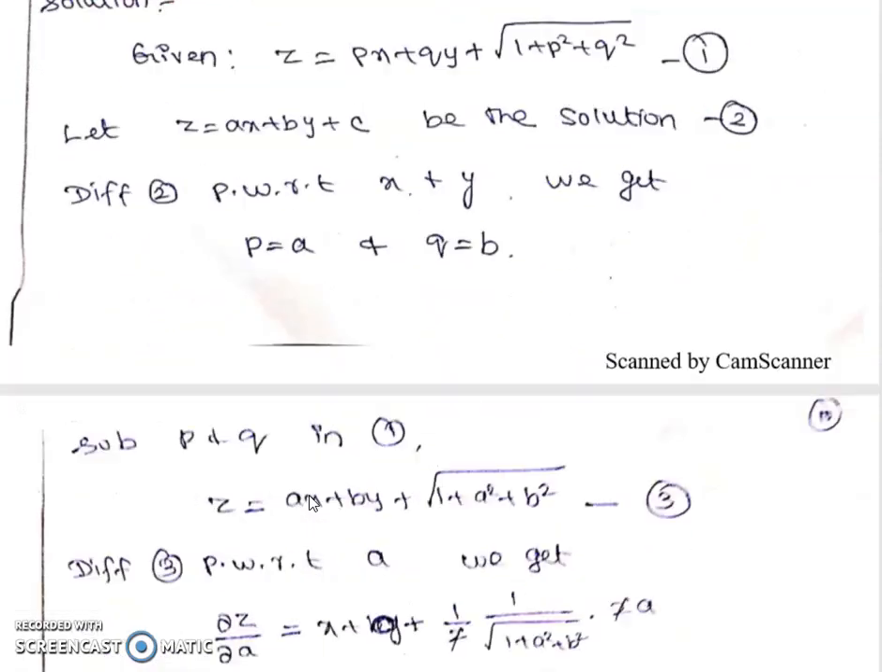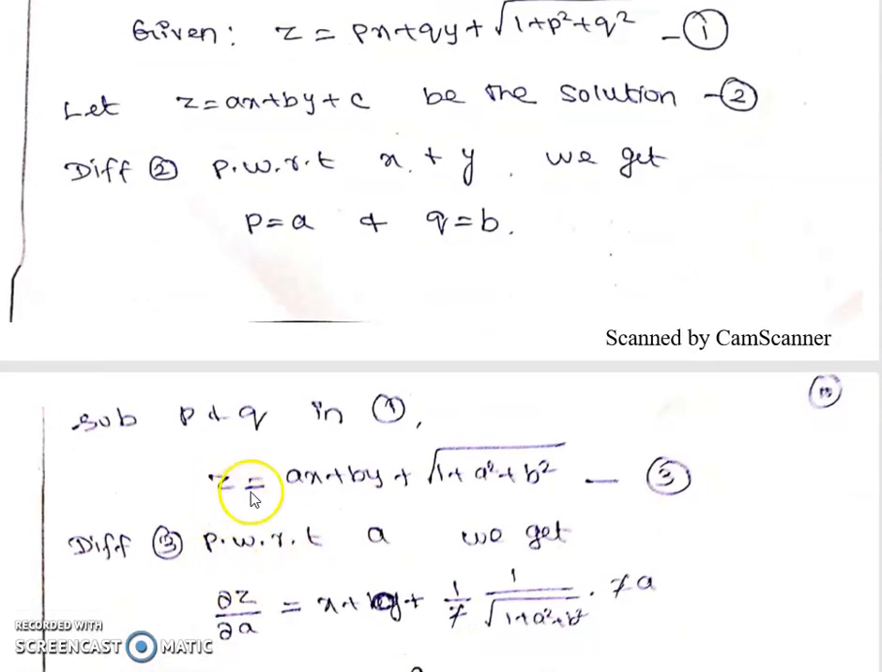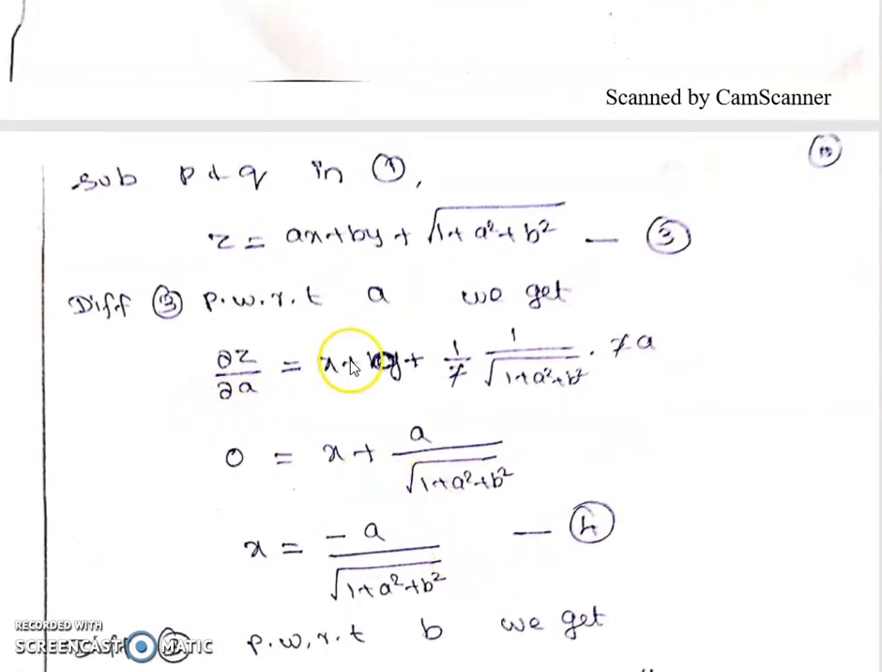Substitute this value in equation number 1, it can be written as z is equal to ax plus by plus square root of 1 plus a square plus b square. So take this as equation number 3. Now differentiate this equation 3 partially with respect to a. We get dou z by dou a is equal to